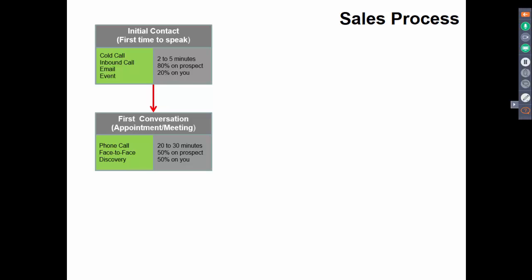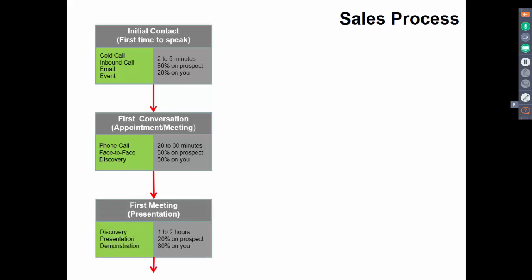You might call it an appointment, maybe you call it a meeting, maybe it's just a longer conversation you have over the phone. But the way that I see things, and sometimes you do this at the same time as the cold call, you just try to have a prospect on the phone for 10-15 minutes on your first call with them. That's fine if that's what works best for your product. But the way I see this is that those are two separate steps, and then the second step is some sort of longer conversation.